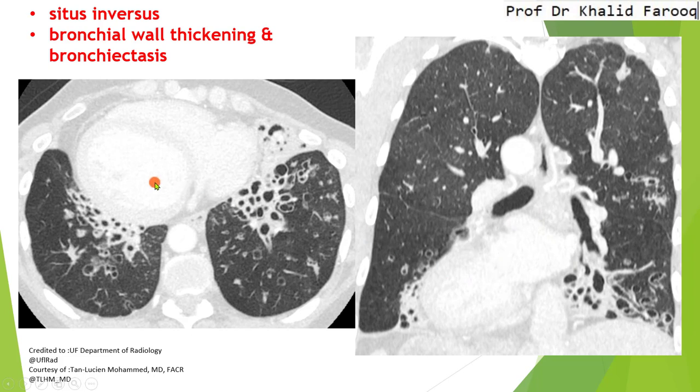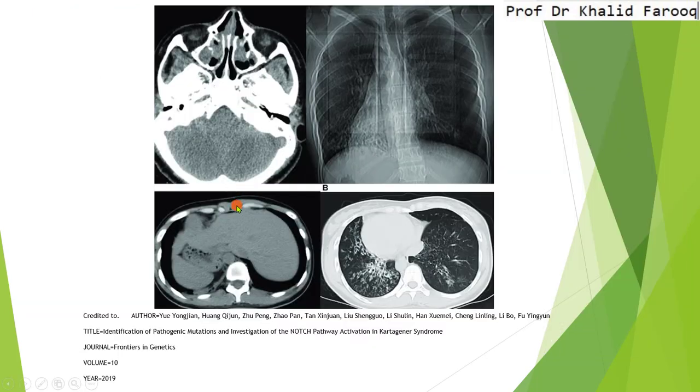And number two, we see there is diffuse dilatation of all bronchi in the lower lobe, while there is thickening of the wall of the bronchi, both on axial and coronal images. So this represents bronchiectatic changes. So here we have another example where we can see X-ray chest showing dextrocardia, and on CT we can see